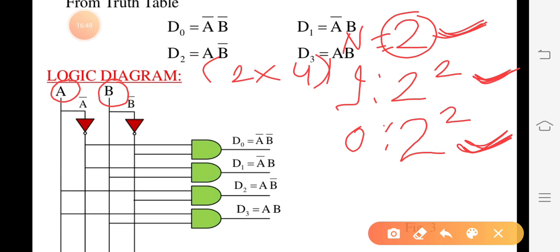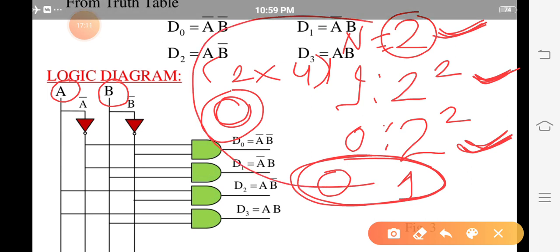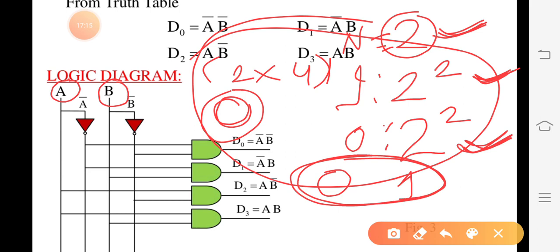So if we are having 4 combinations, in the 4 combinations we have to represent 0 and I want to generate 1 also, because we are taking the combination of 0 0, 0 1, 1 0 and 1 1. That means what do we have to use? We have to use NOT gate also to represent the value 0. To represent 0, what do we have to use? NOT gate. Okay, now write it roughly, write all this in your notebook. After that I will rub this, write it in your notebook.